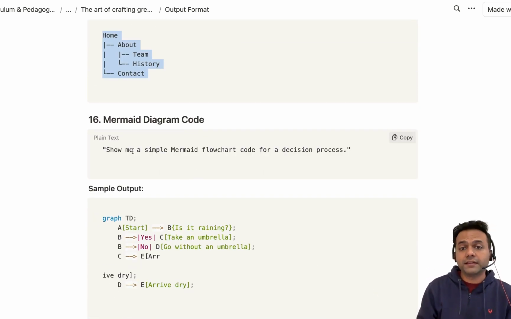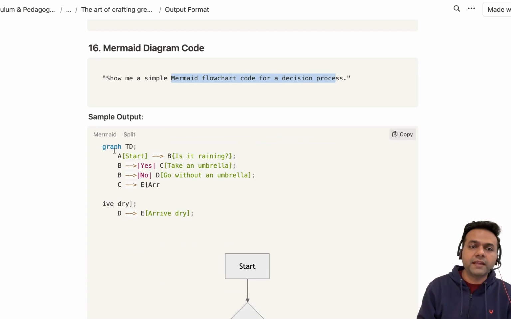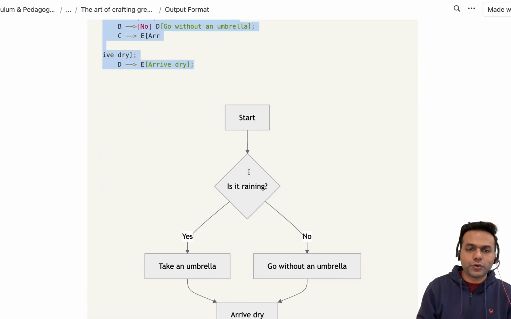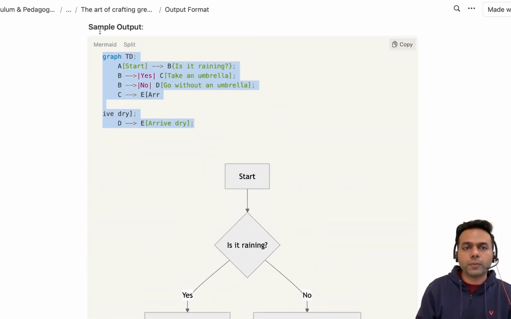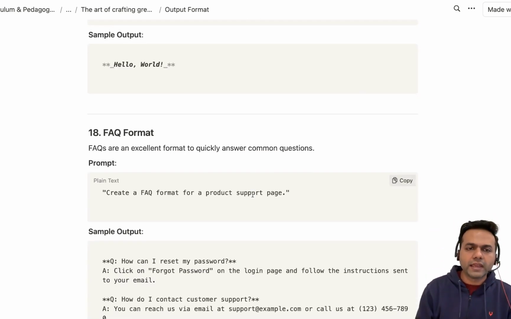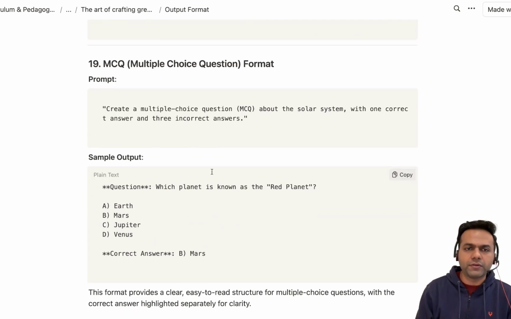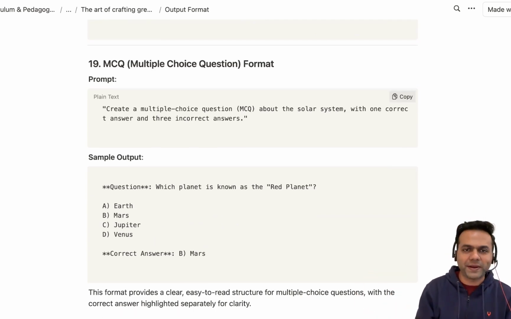You can ask it to create mermaid flowchart code for any design process or any flow of information, and it will give you the mermaid code and also show you the preview of how it would look. So you can take a screenshot of it, or in documents like Notion, you can directly give the mermaid code and it will create these mermaid charts for you, right? So again, a lot of formats. You can ask it to give me these in the form of multiple choice questions for practice.